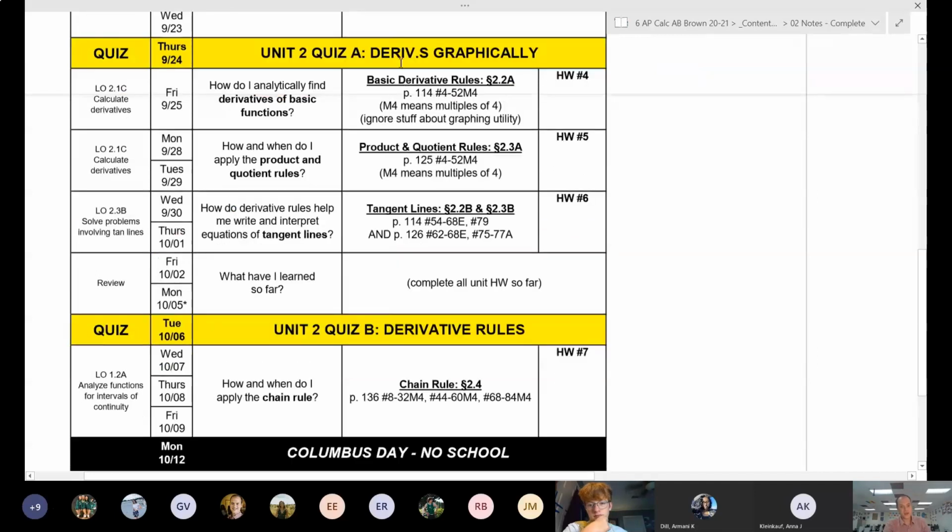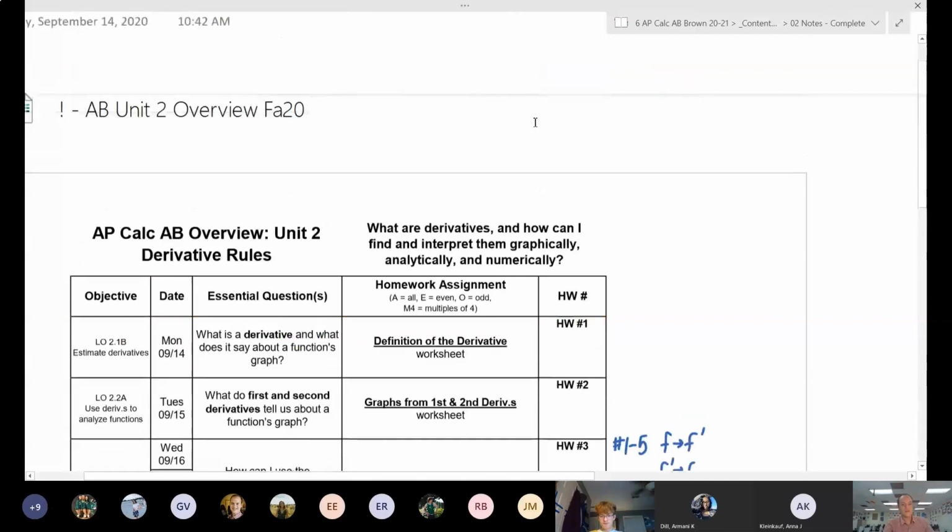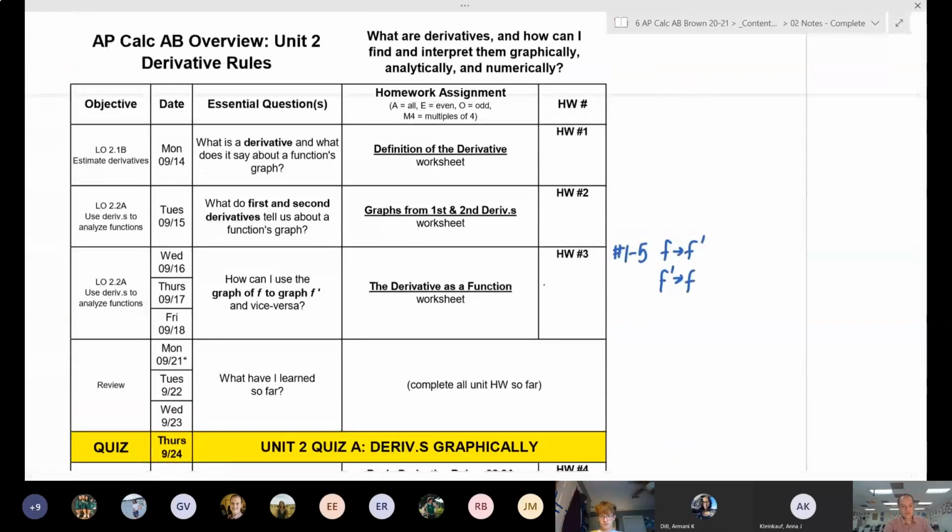And then after the quiz, we'll actually get to start learning rules to find derivatives algebraically instead of graphically, which I think a lot of you will probably like a little bit better. So with that being said, I'm going to go ahead and end class. Feel free to leave the meeting if you're good to go. If you want to hang out and ask any questions about